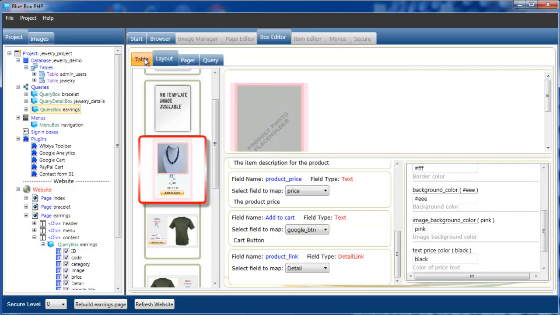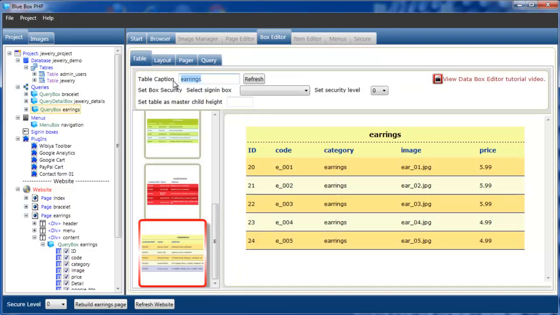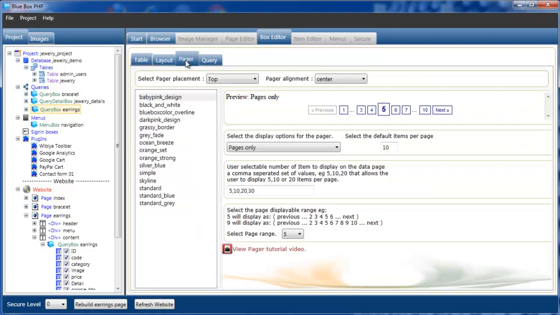And going to the table page, we'll clear the caption, and going to the pager, we'll select refresh the baby pink, place top, align to the left, and create only 8 items per page. So if we now rebuild the earrings page,